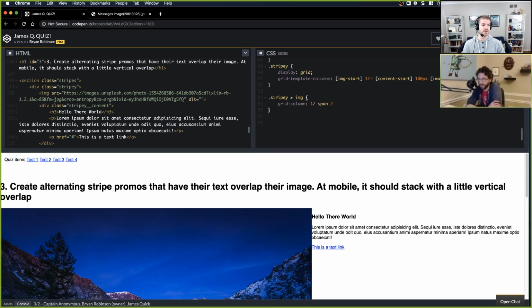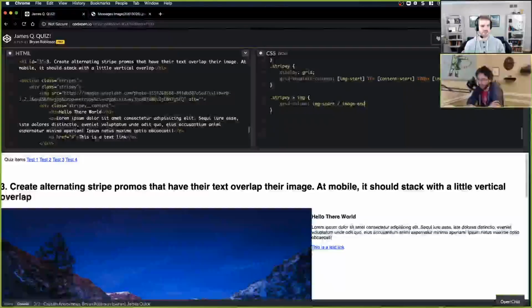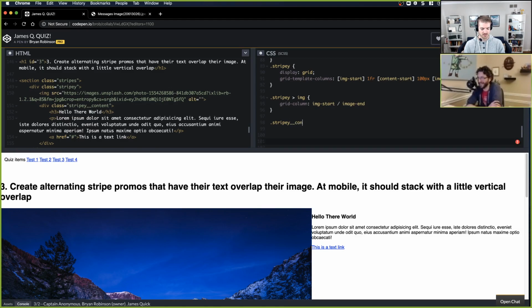And then, oh, and then you wanted maybe you just use the name of image start. Is that how you reference the named grid lines? I'm gonna let you play this one out. I'm gonna bring it back at the end. I'm gonna show you the actual way, but the way you're doing it now will work. All right. Well, and actually, so maybe this is what you're getting at. We have those lines. We have the start and end for a reason, and now we can reference them that way. So we can come back to that if there's still an additional change to make. Oh yeah, there's still an additional change to make.